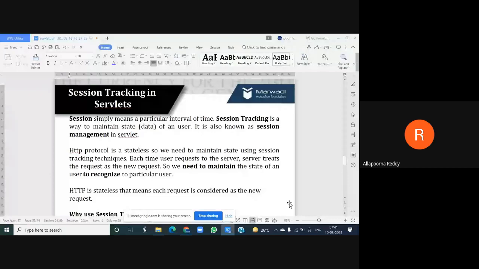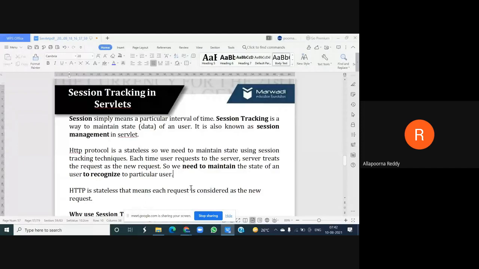Now, why do I need to maintain session management? That is one more concept we need to know. Every time a client makes a request to your web server, that request is sent using the HTTP protocol, from the client to the server machine.